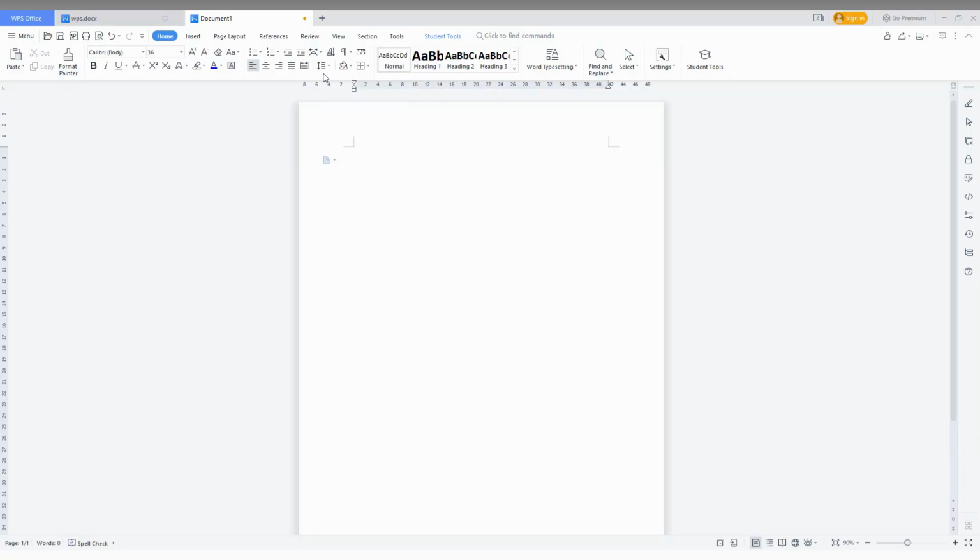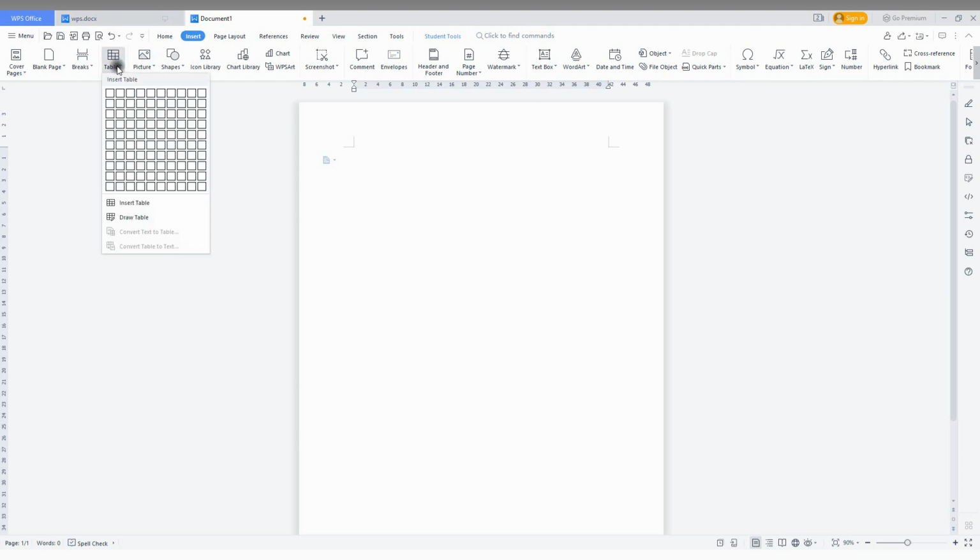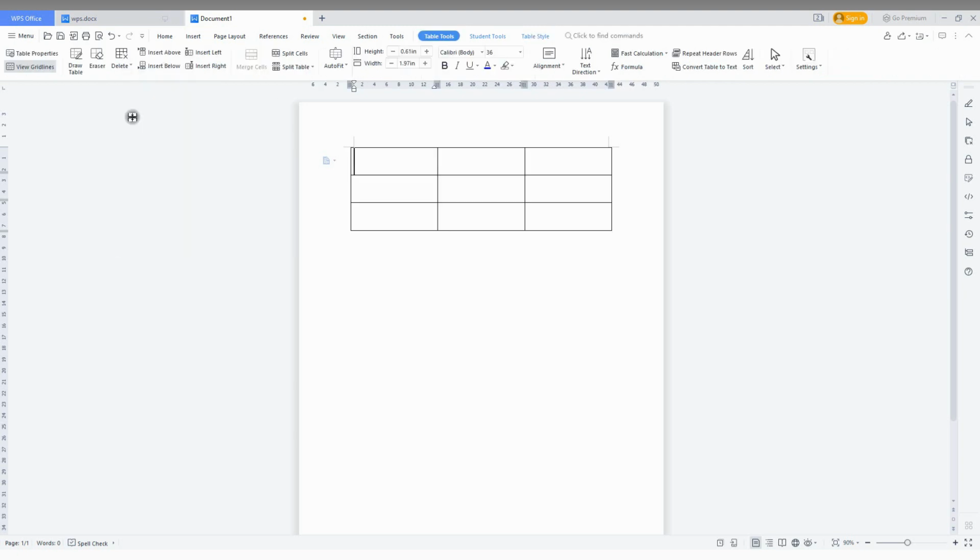So how to merge the cell? You just want to insert a table first. So I'm just inserting a 3 by 3 table here. I just need to merge this cell. So I'm just numbering them as 1, 2, 3 and here 4